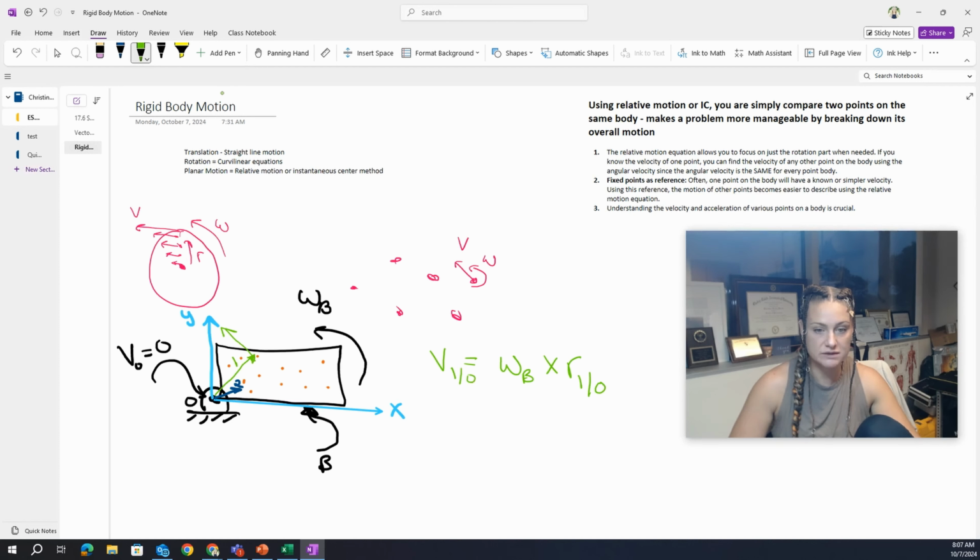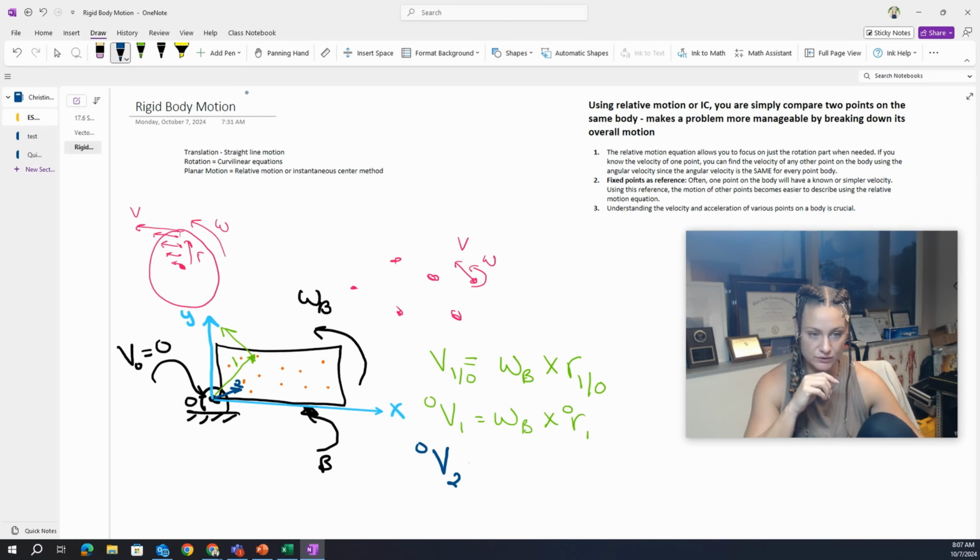Okay, so this could also be with respect to O if you want, or you can write it as this. It's the same thing. Now, this velocity one is going to be smaller or bigger in magnitude if we said the velocity of 2 relative to O is equal to omega cross R2 with respect to O. The velocity of point 2 will be smaller because its R magnitude is smaller than this magnitude, and omega B